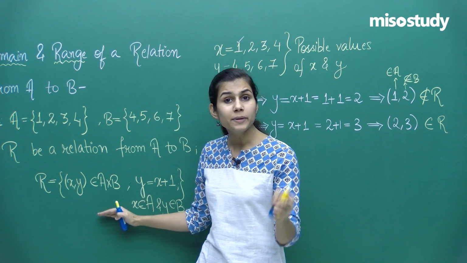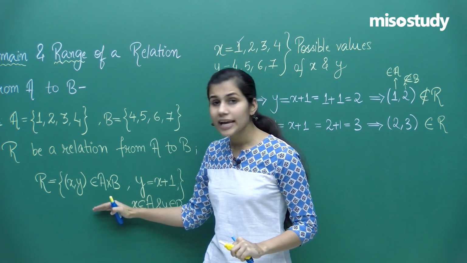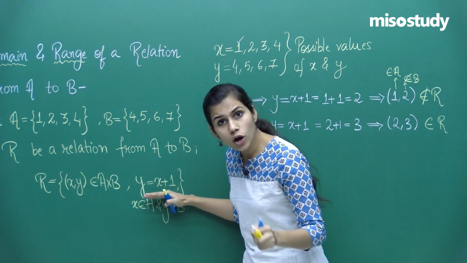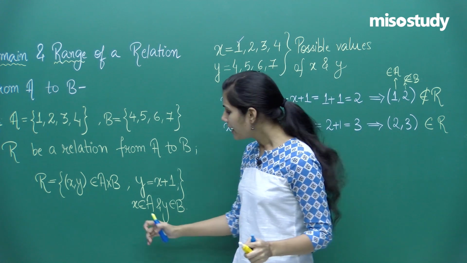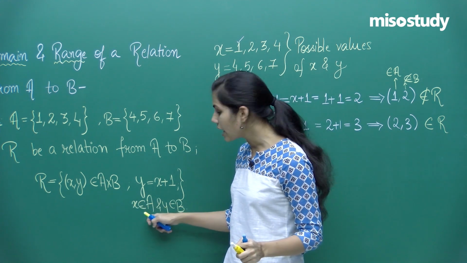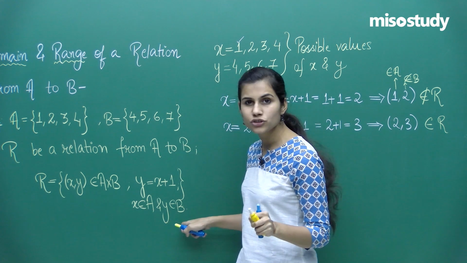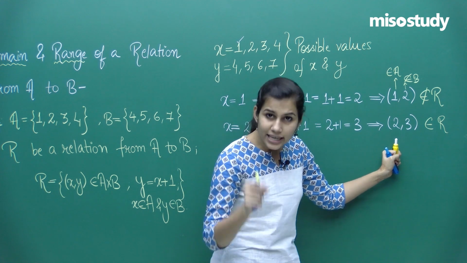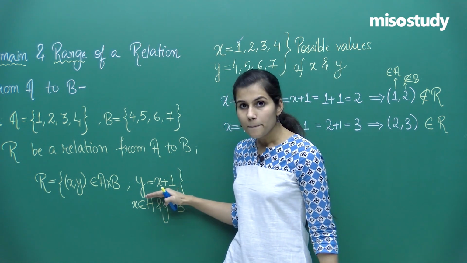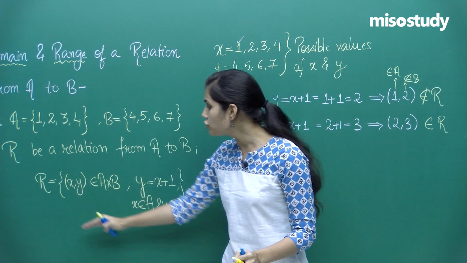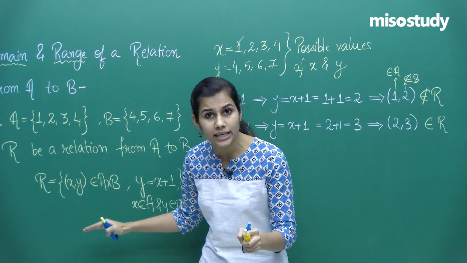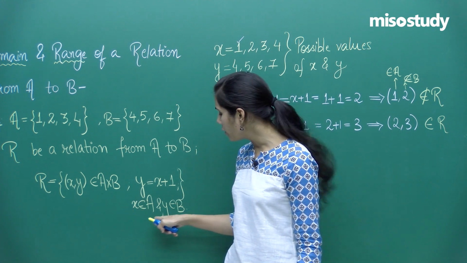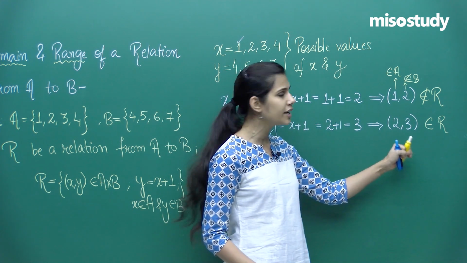No, because this statement is not yet completed. It says inside me are ordered pairs which satisfy the rule along with satisfying the condition that the first element of the ordered pair should come from the first set and the second element should come from the second set. Over here, this ordered pair, yes, it satisfies the rule, but it doesn't satisfy the condition of elements belonging in R completely. Because the second condition, which says that x should come from A and y should come from B, is violated over here.